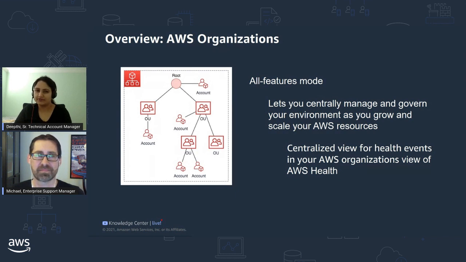So all features mode gives you all the capability that AWS Organizations has to offer. Consolidated billing mode will only allow all the member accounts in your organization to roll up into one single payment methodology. So going back to why enterprises need AWS Organizations. As a lot of workloads are moving onto the cloud, organically you can see organizations adding more and more AWS accounts. So centrally managing and governing them becomes a top priority.